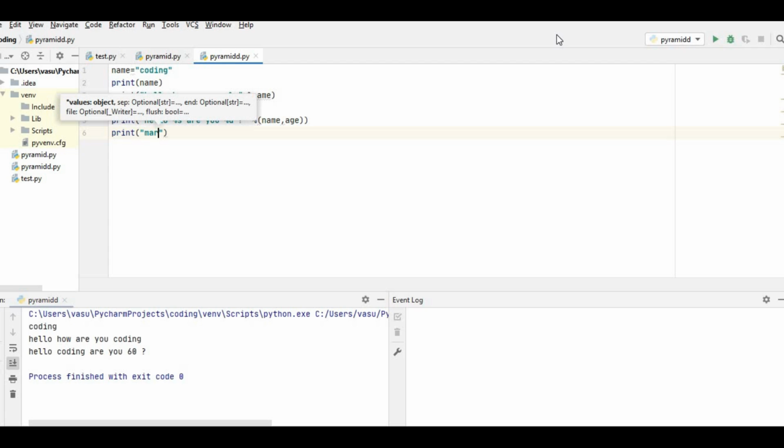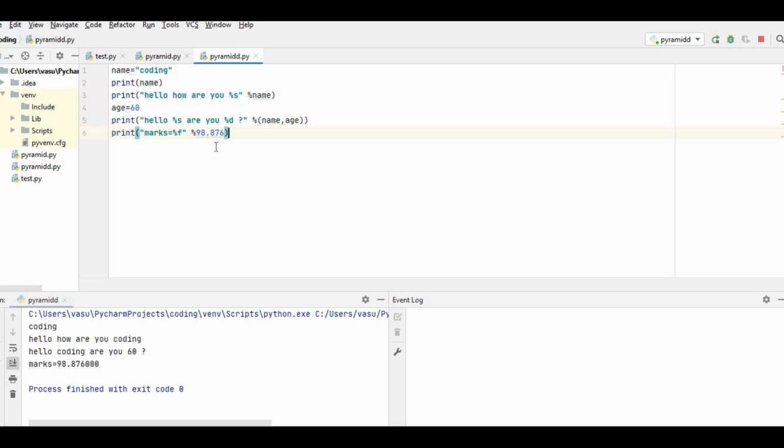I'm going to show you marks equal to percentage f. So here f is float value. Then I'm going to give percentage 98.97876, like this. I'm going to run this. So I will get this whole marks equal to